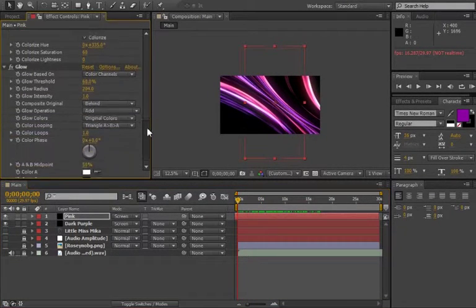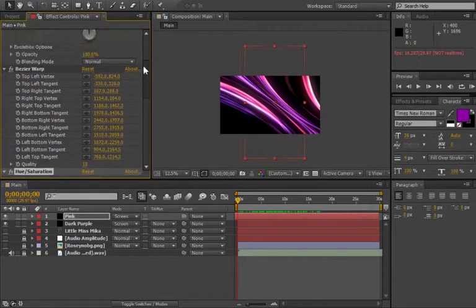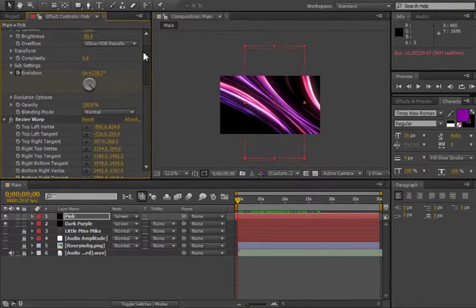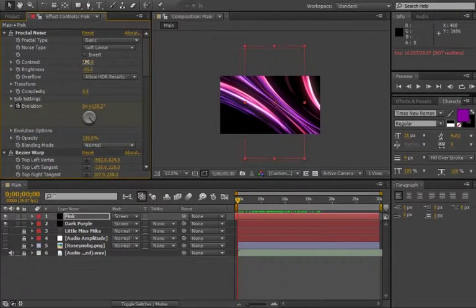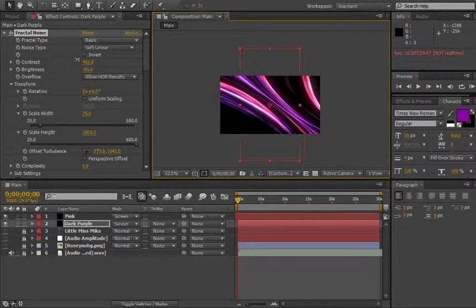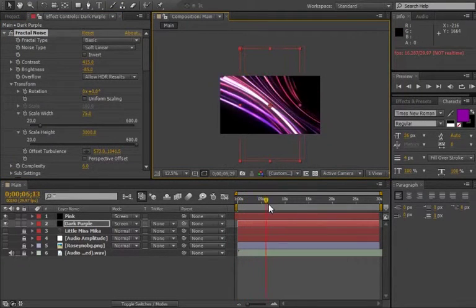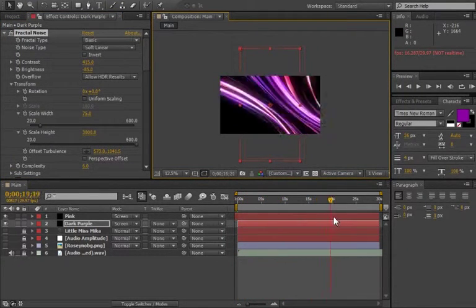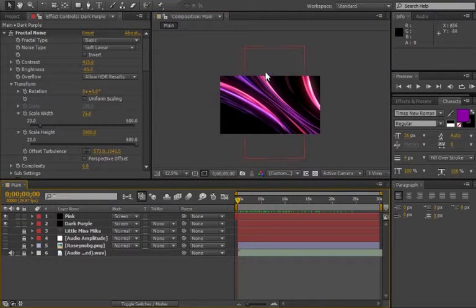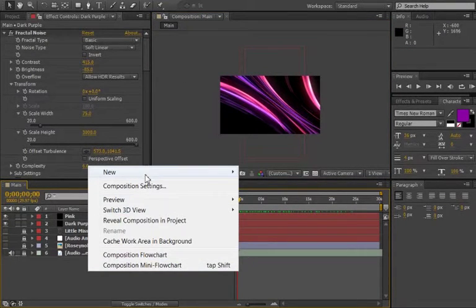So what we can do is we'll go to contrast and make it less, so it's a bit sharper for both of them. So get that effect. Okay, now that we've finished that, we need to make a new solid